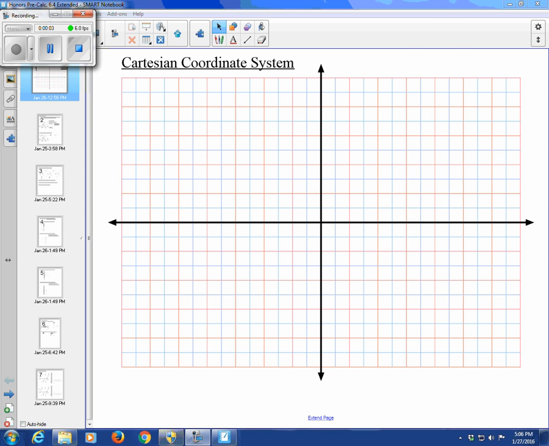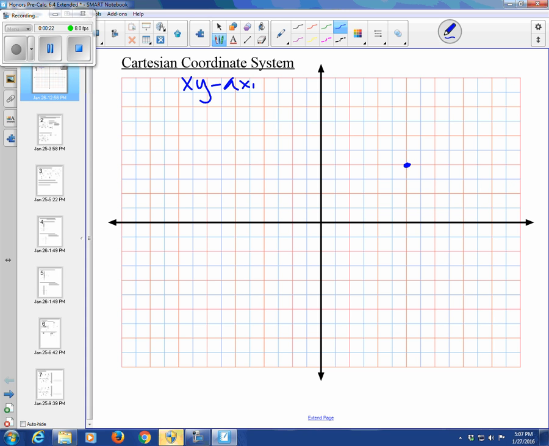All right, guys, so this is our second Flip the Classroom lesson for Chapter 6. And in this lesson, we are going to talk about an alternate way of defining a point's position on the plane. So normally when we define a point's position on the plane, we use the Cartesian coordinate system, which defines a point's position on the xy axis